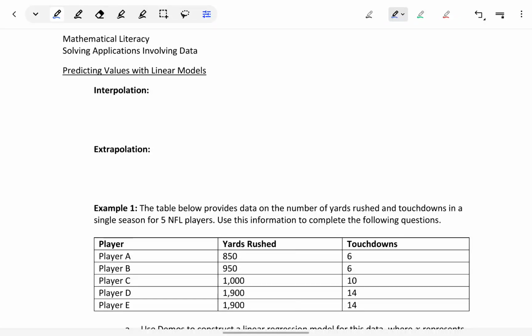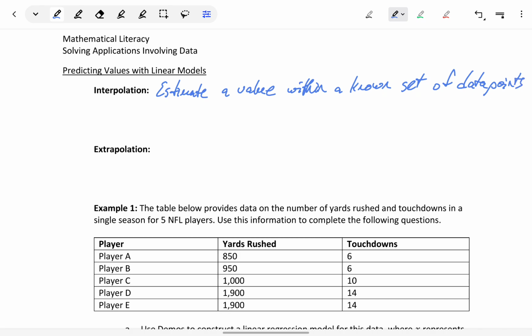When we look at predicting unknown values with linear models, there are two types of predictions that we can consider. The first type is referred to as interpolation. That's where we estimate a value that's within a known set of data points. These predictions are generally more reliable